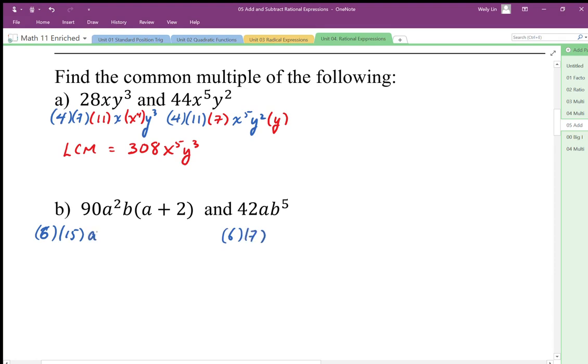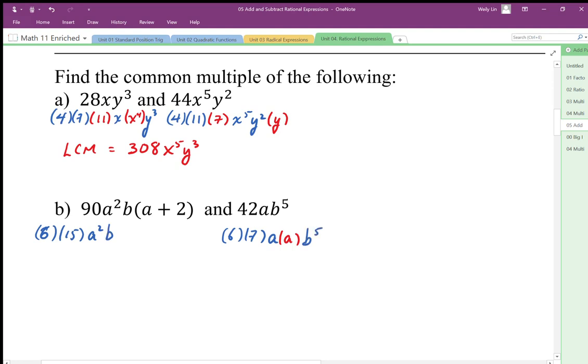Here I have a squared. Here I have a. And so I need an extra a over here. Now it's important to recognize that this a is not a factor. We have to recognize that the a plus 2 together represents a factor. So I'm going to go each factor at a time. So I have a b here,